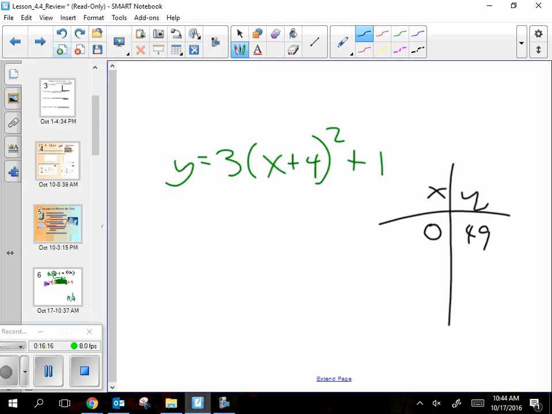Okay, good. Then I'm going to stick in 1. If I stick in 1, 1 plus 4 is 5. 5 squared is 25. 3 times 25 is 75. Plus 1 more makes 76. Raise your hand if you had that one. Okay, good. I think they get the idea. Good enough. Negative 1 would have been 9, 20. Negative 1 would be 28. Okay. So,